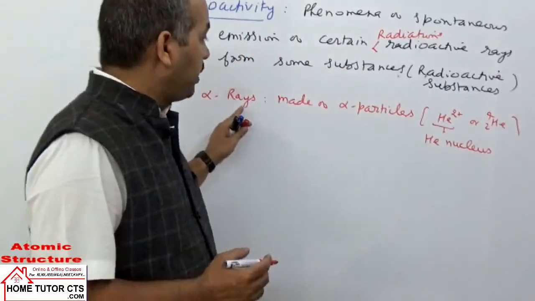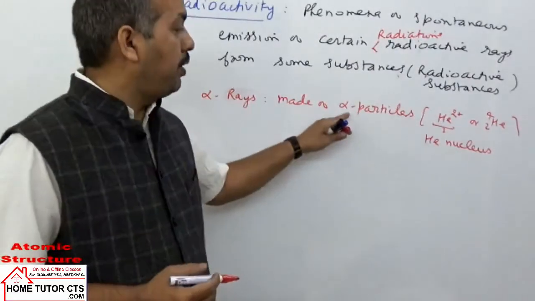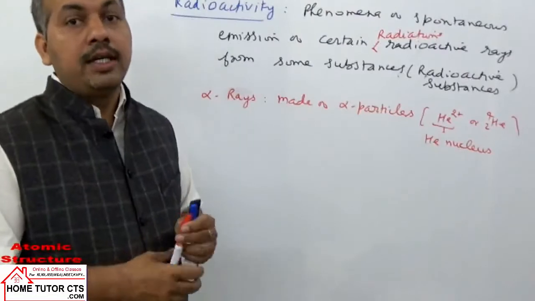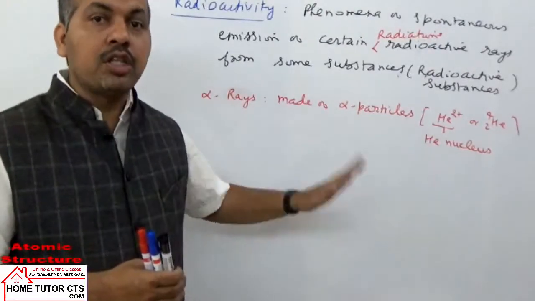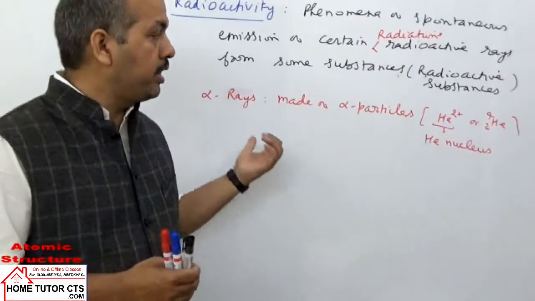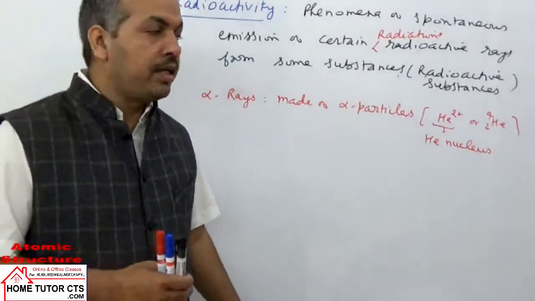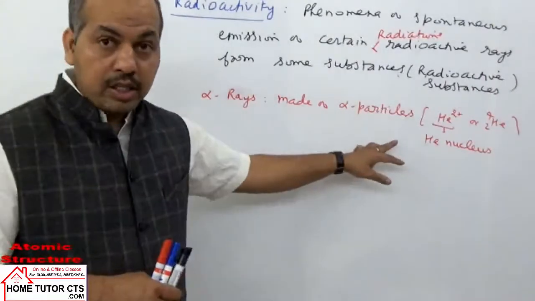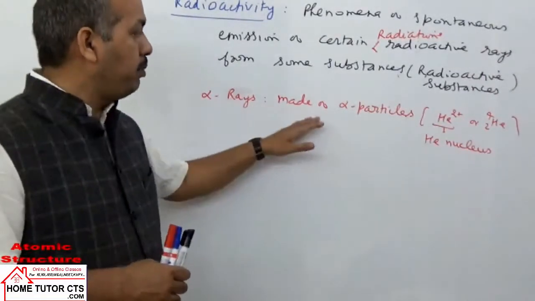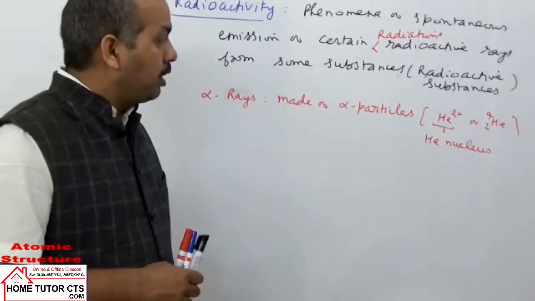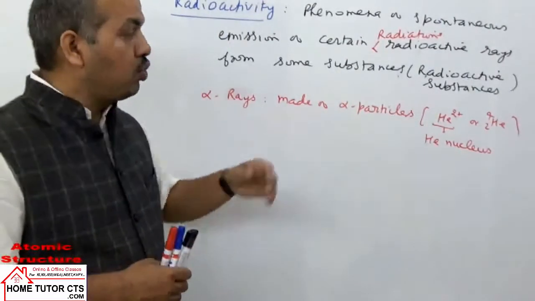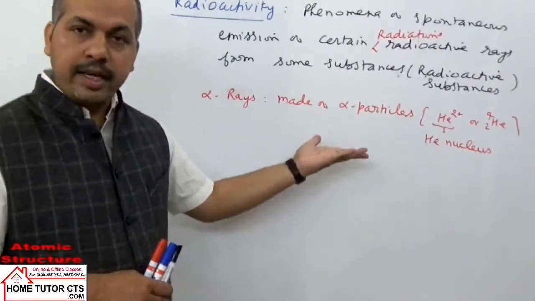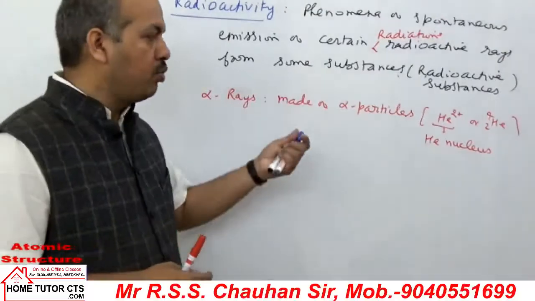So what are alpha particles or alpha rays? They are made of alpha particles which are nothing but only helium nucleus. If from helium atom we remove both electrons, the remaining part is helium nucleus. That helium nucleus will make up the alpha particles. Are you getting this point? So that is what alpha rays are, made of alpha particles. Charge is double, 2 plus unit charge they possess, and mass is same as that of the helium nucleus.